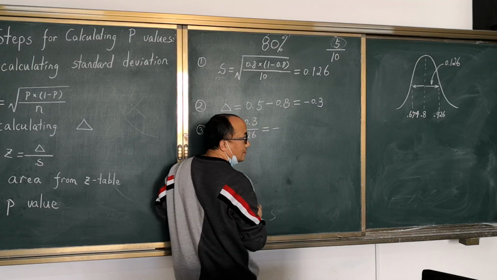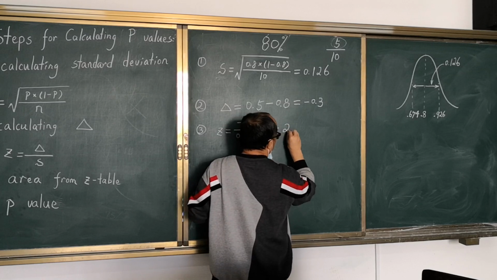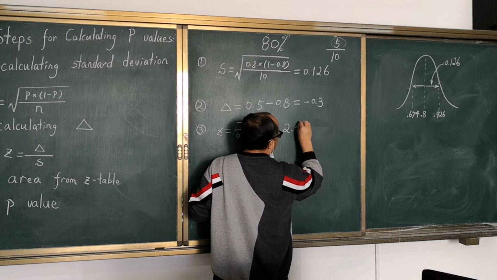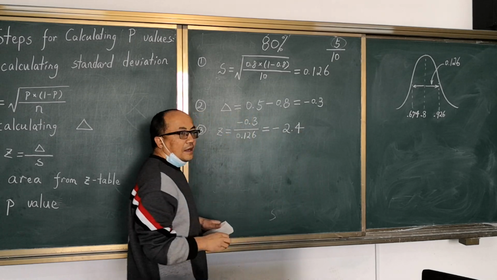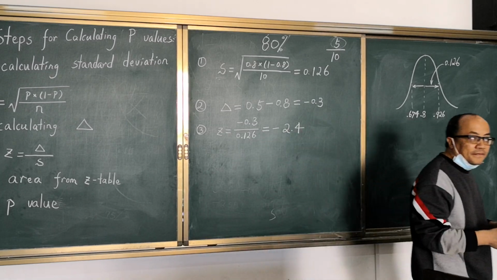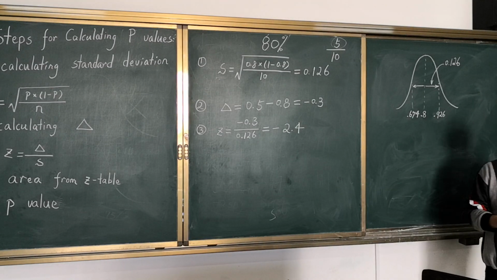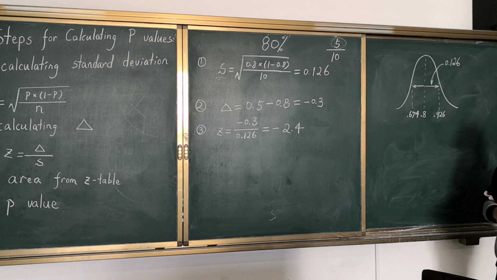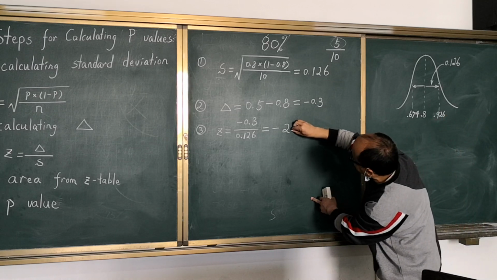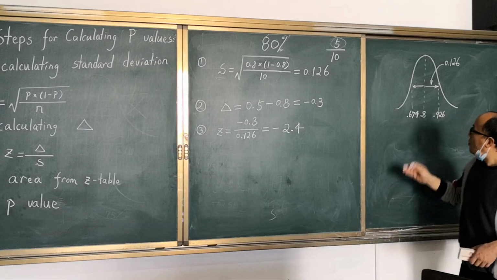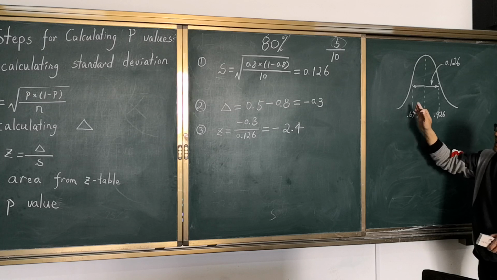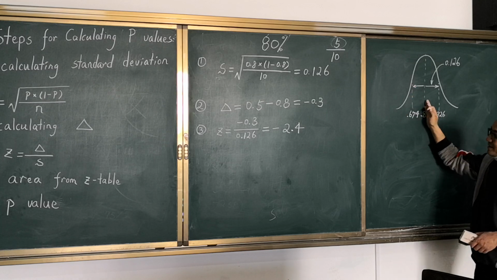Minus 2.4. Okay. What this means, make this dot stronger. What this means, the guy's performance is